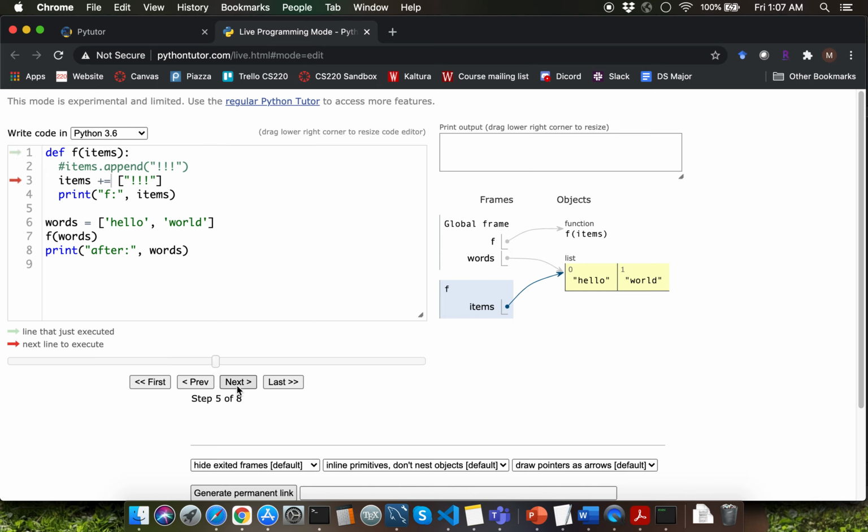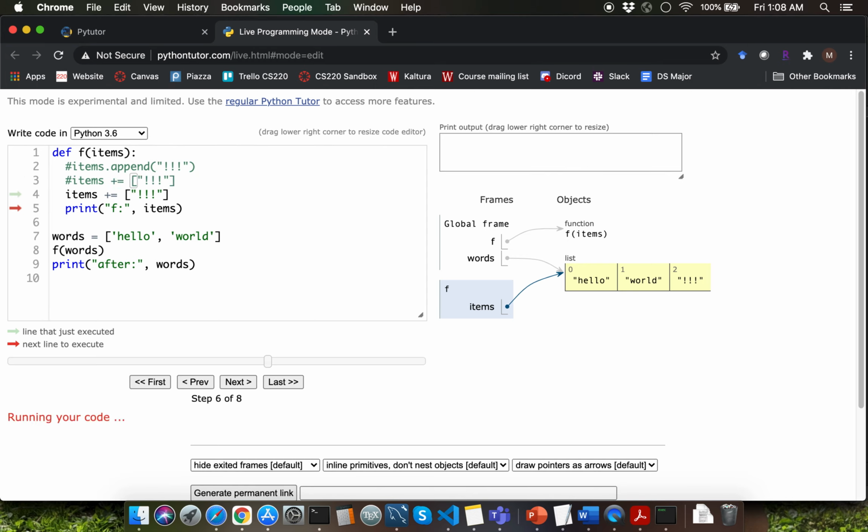So if we say items plus equal to this new list item triple exclamation point, that's going to somehow update the existing list object instance. So with respect to objects and references mental model version v2, plus equal to is very different from saying items equal to items plus this new list. You just need to keep that different behavior in mind.